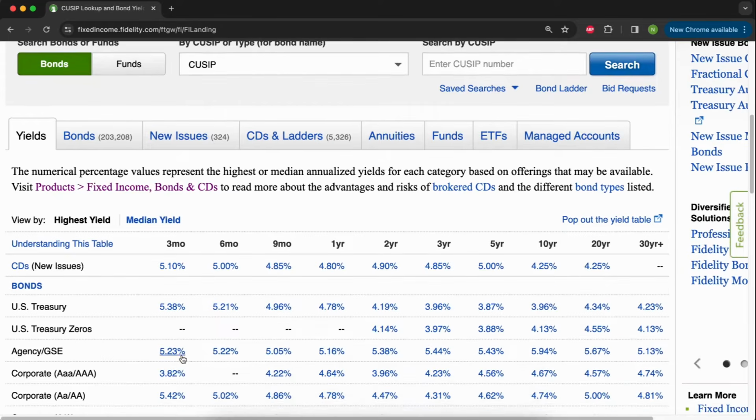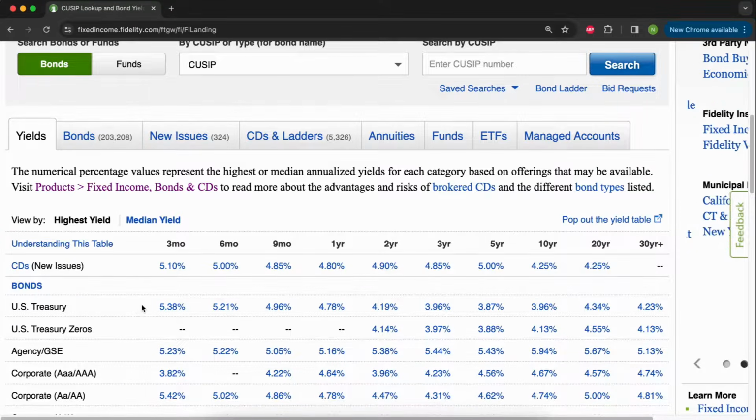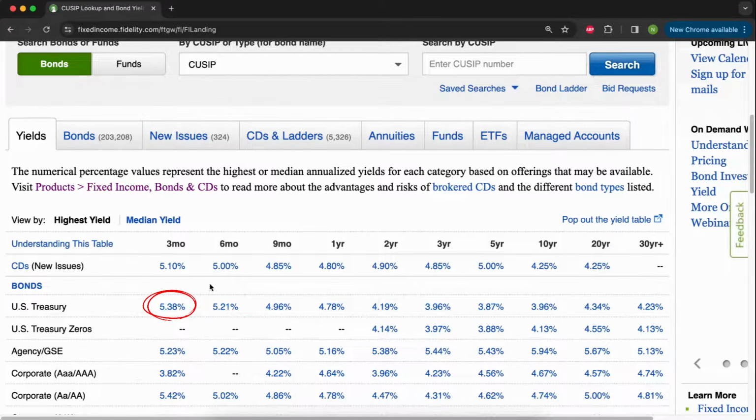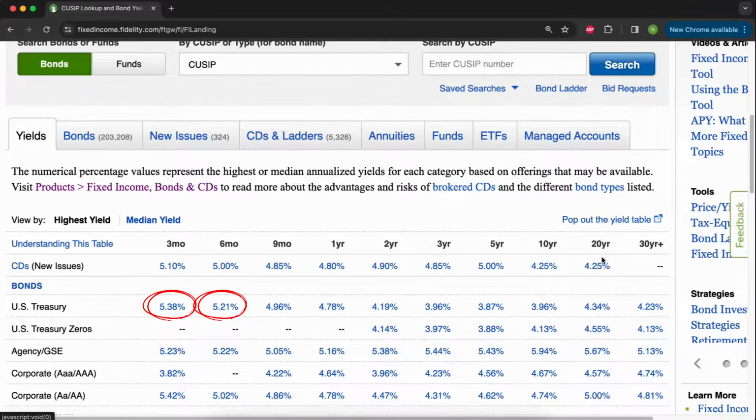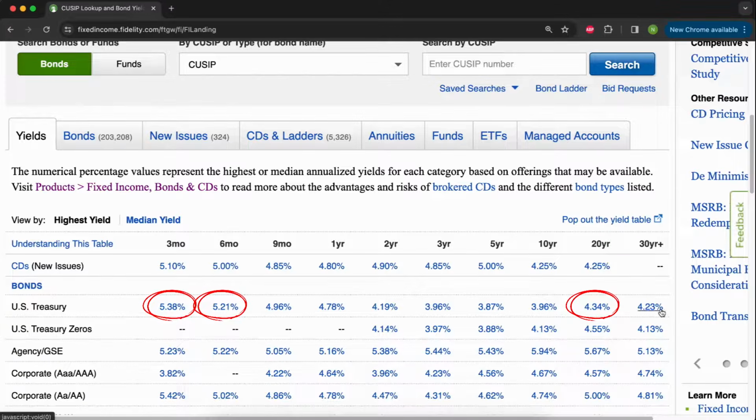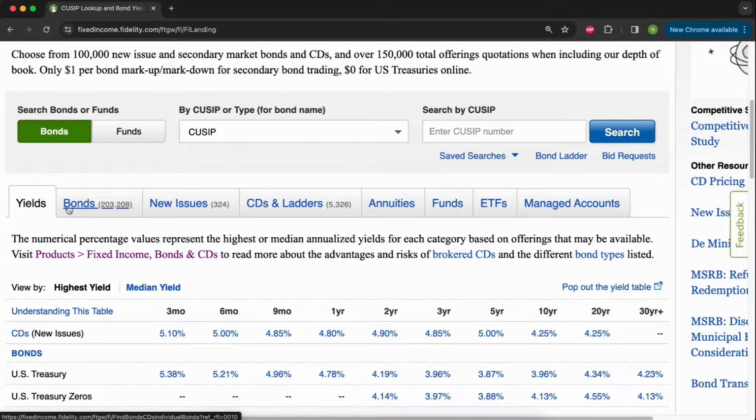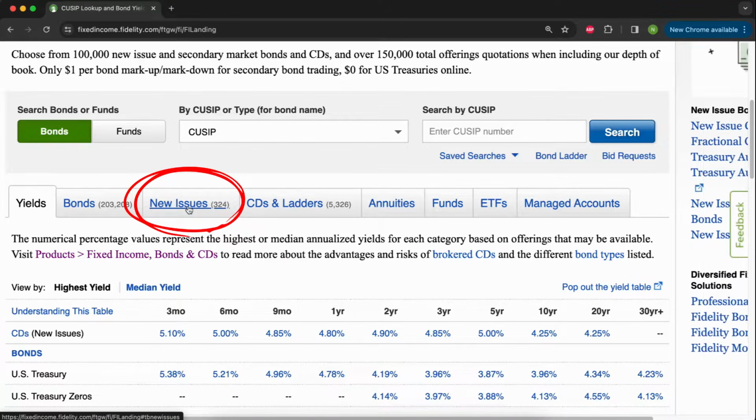So you'll see here, for example, there's US Treasury bonds. 3-month has an interest rate of 5.38%, 6 months 5.21%, all the way out to 20 years for 4.34%, or 30 years as well. So to buy these, we just go up here, go to New Issues, which are newly issued bonds,